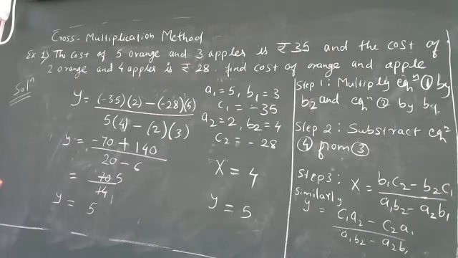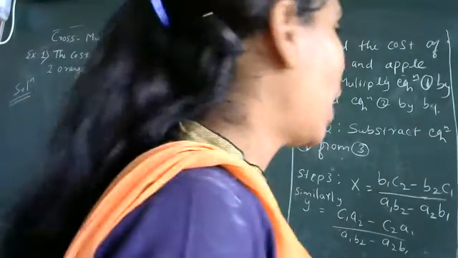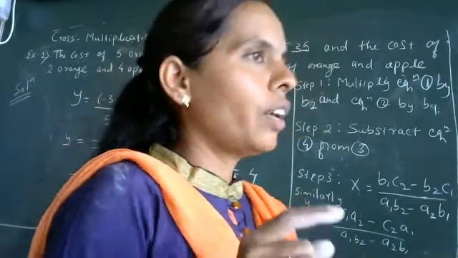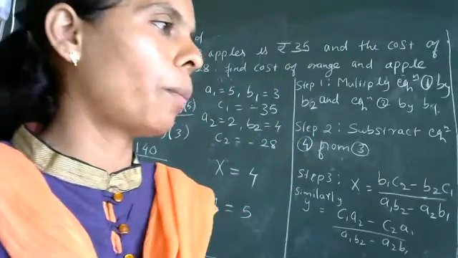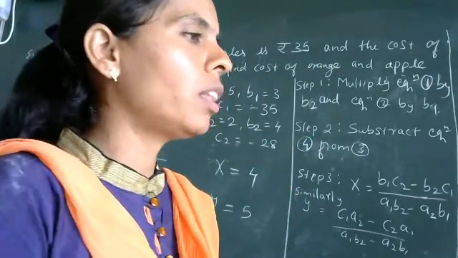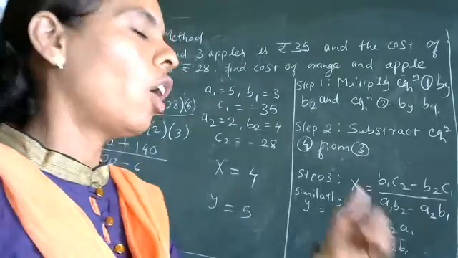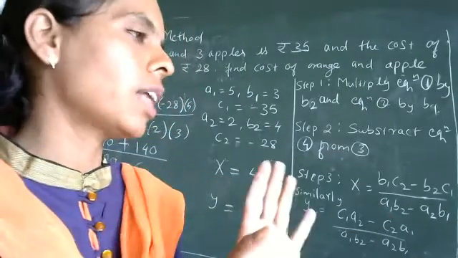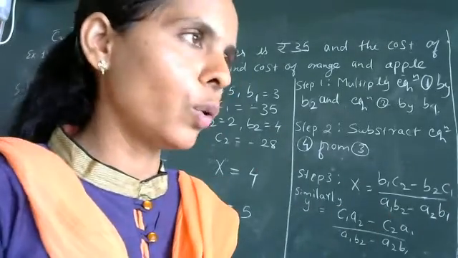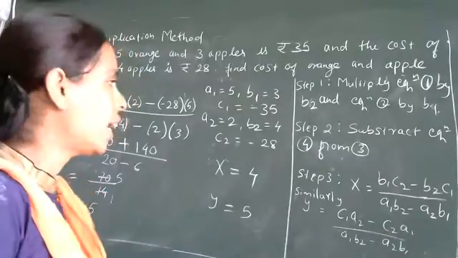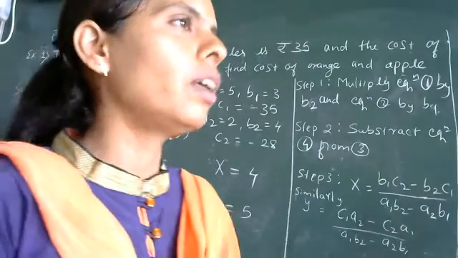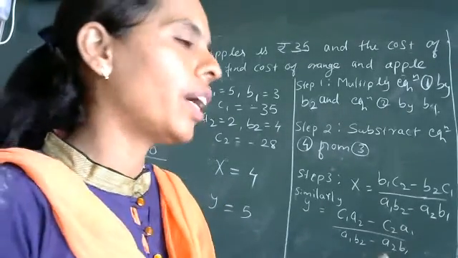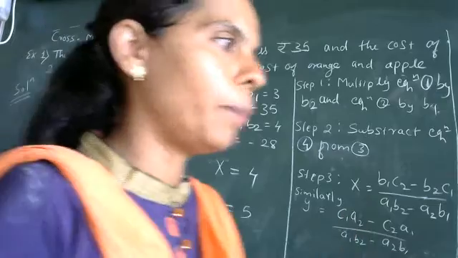Okay. So with this, can you solve other examples? Yes. See, whatever examples we have in this chapter, it may be in the geometrical method, it may be in the substitution method, it may be in the elimination method, or in this method. All examples can be solved by another method also. There is no example that you can't solve by another method. But sometimes it is easier to find with some method, so we use different methods.